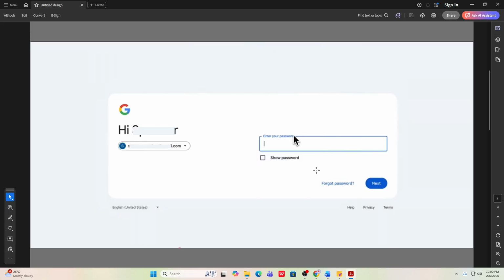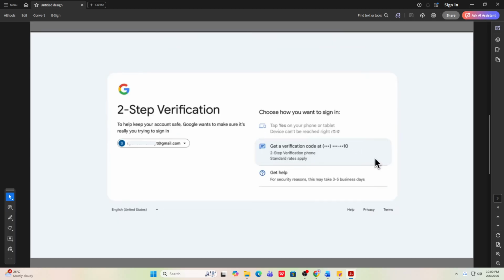Now enter your password and click Next. Passwords are case sensitive, so check your caps lock and take a second to make sure everything looks right before continuing. If you're on a shared or public computer, avoid saving your password and make sure you sign out when